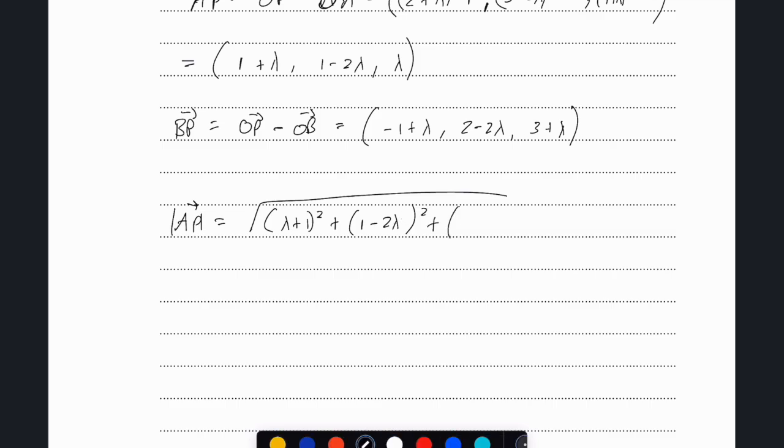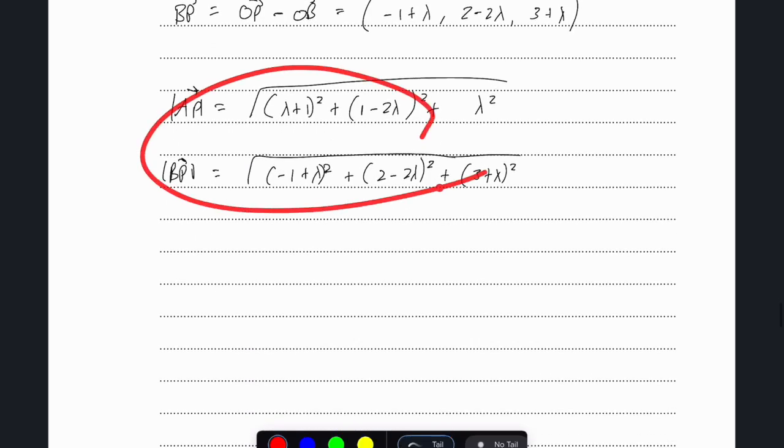And meanwhile, BP squared is going to equal negative 1 plus lambda squared plus 2 minus 2 lambda squared plus 3 plus lambda squared. Okay, so as these are equal,